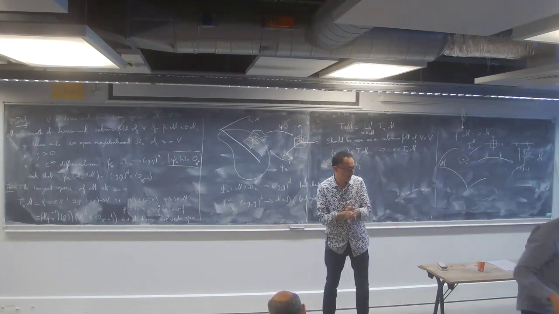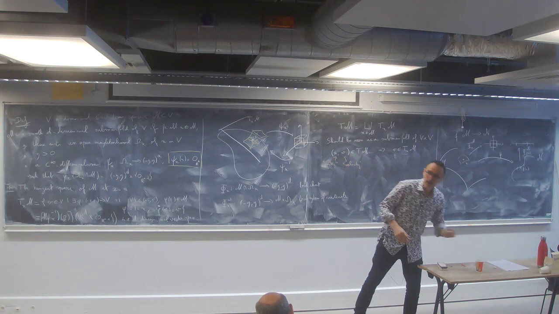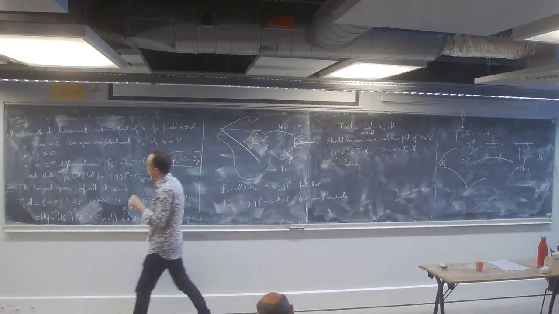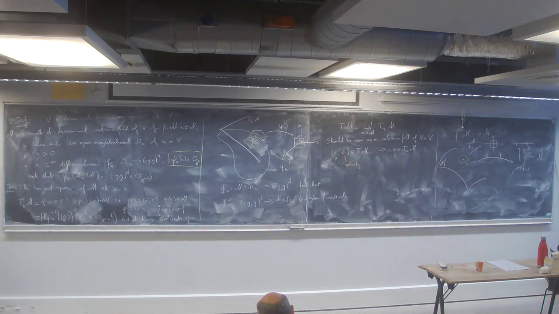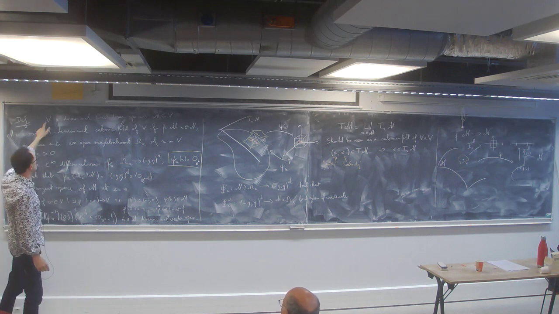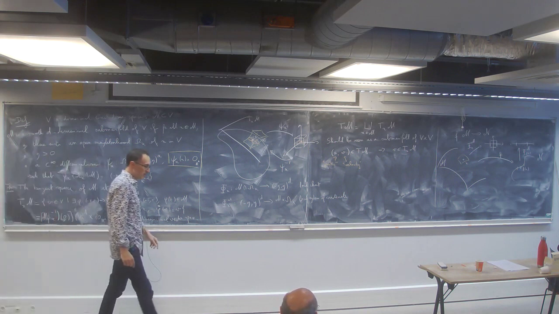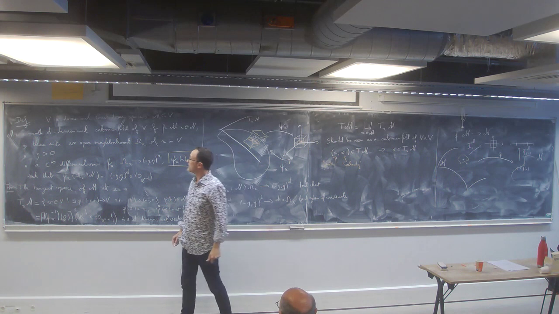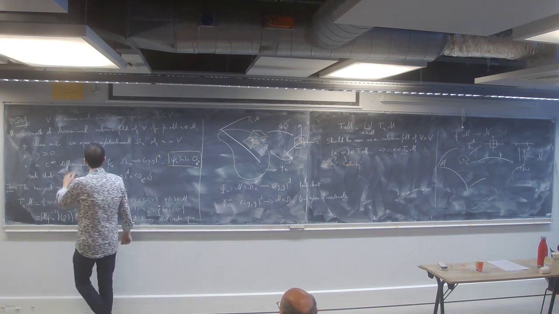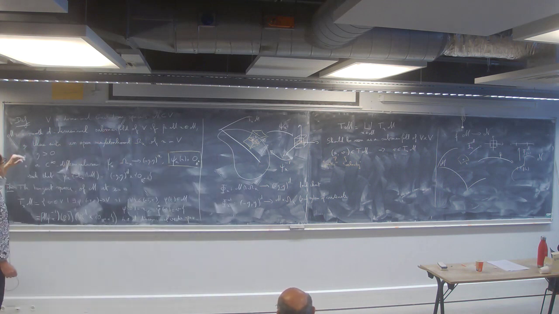Okay, so good morning. Let us briefly recap what we have done yesterday. So yesterday we defined the notion of submanifold of Euclidean space. So if V is an n-dimensional Euclidean space and M a subset of V, M is